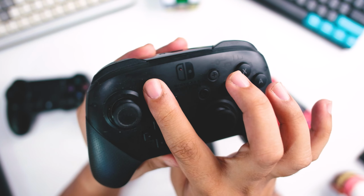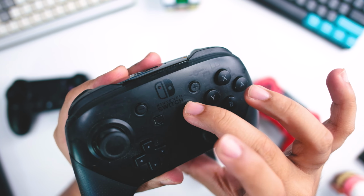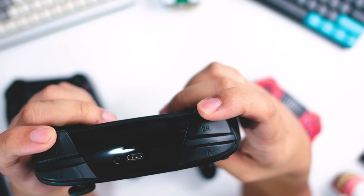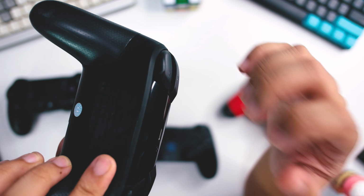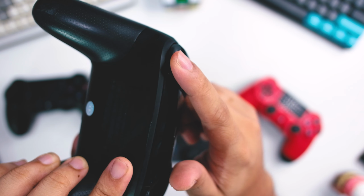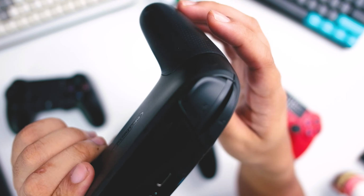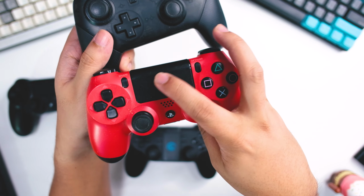It has, of course, the plus and minus buttons here, your start and select, and yeah, the home button here as well. So here you have the triggers, which also feel good. It's just a 0 or 1 kind of trigger. It's not the linear kind of trigger that you have with the Xbox. This is just 0 and 1 here. And the R1, yeah, that also feels good. And here is the USB-C charger, and it doesn't have the trackpad that you have in the